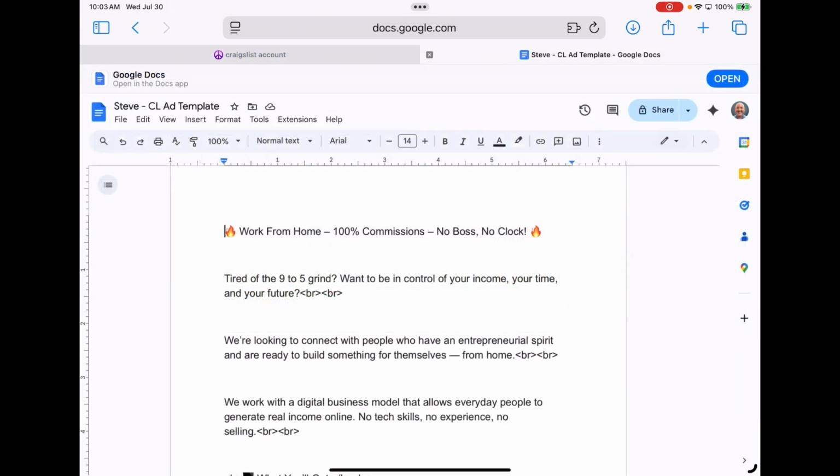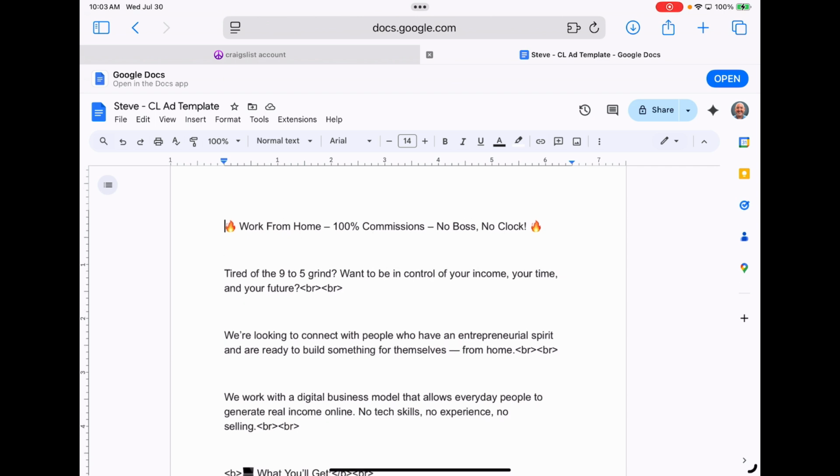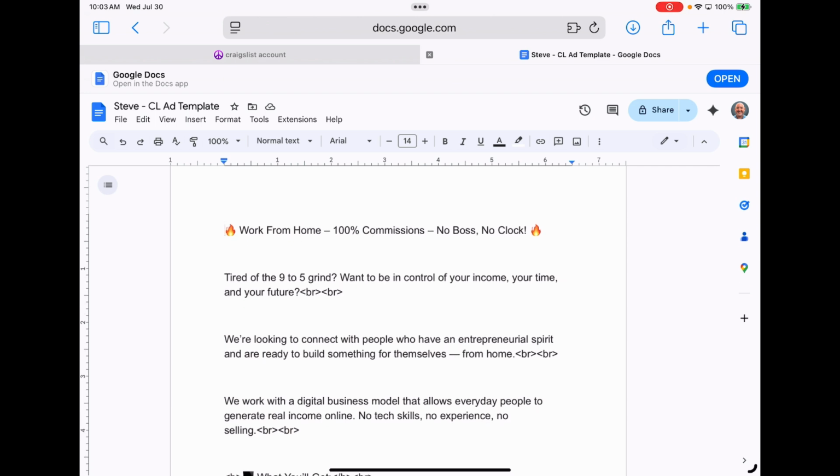Okay, now as far as writing the ad, I'll be honest, I had ChatGPT help me, and I just do it in Google Docs, in Word, and then I'll copy it and paste it into Craigslist when I do the ad. But I just kind of wanted to show you a couple of things here. Now, the emojis do copy over.